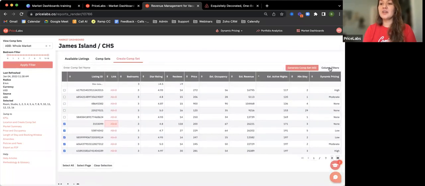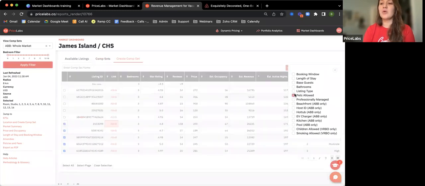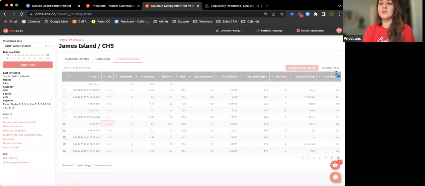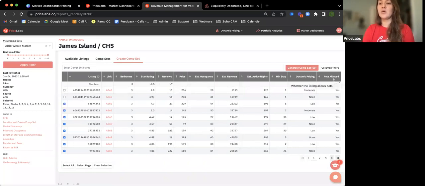You can also use additional column filters too. So we have things like booking window, length of stay, base guests, bathrooms, listing types, pets allowed. So maybe I want to only look at pet friendly properties. I'm going to click pets allowed and it will load. And then this one's a little bit funny. You have to put in equals and then match the case. So yes has a capital Y, so YES with capitals. And then it's only going to show me